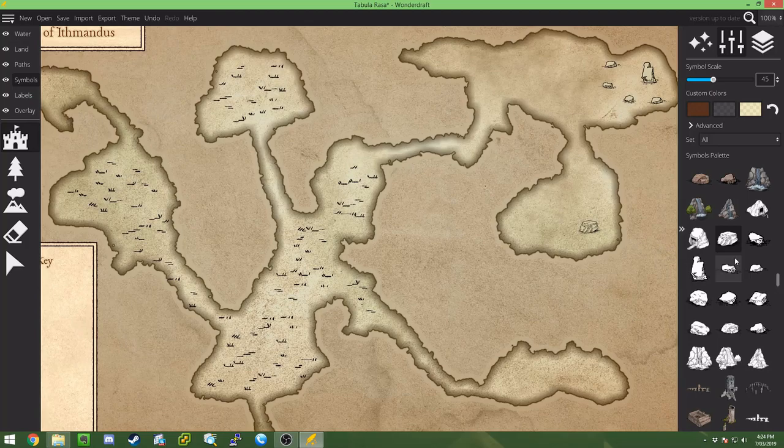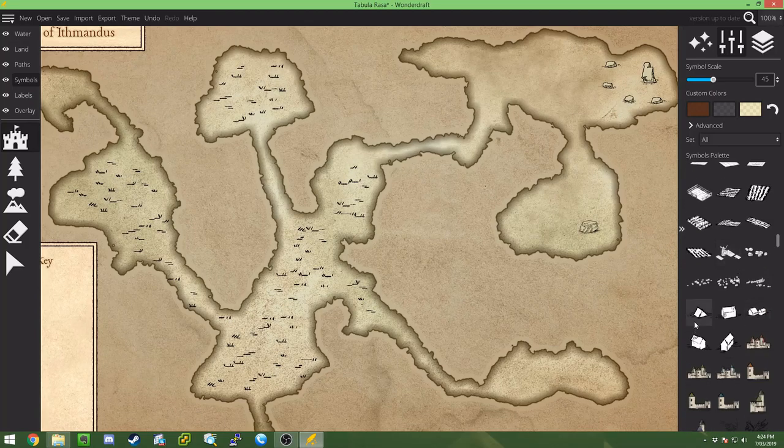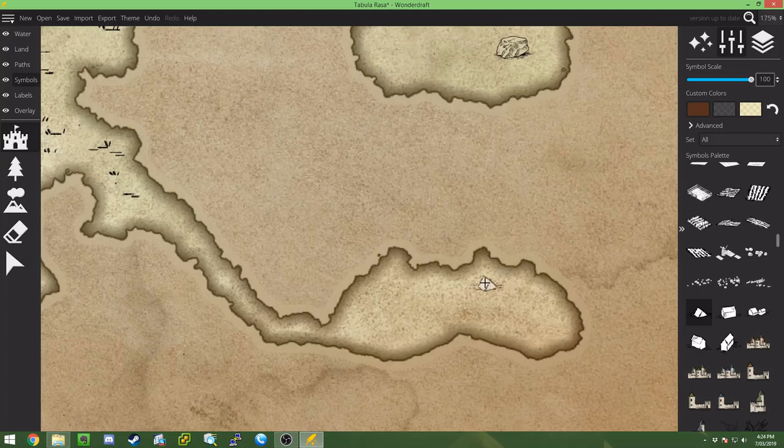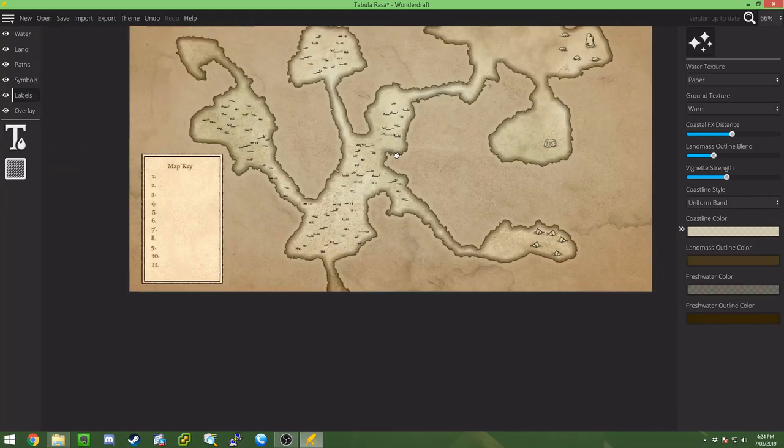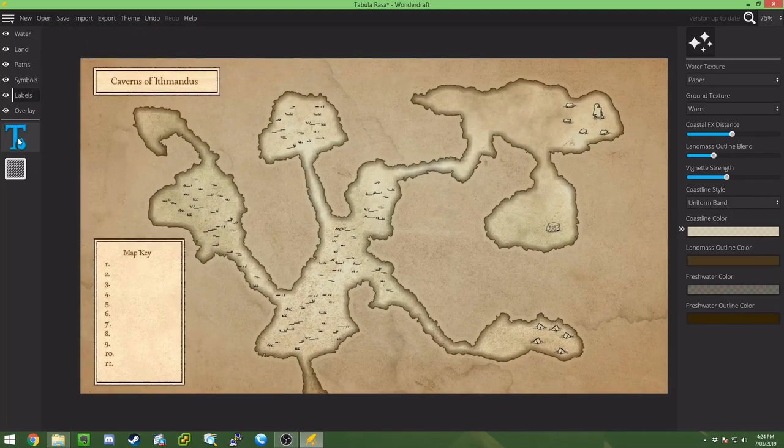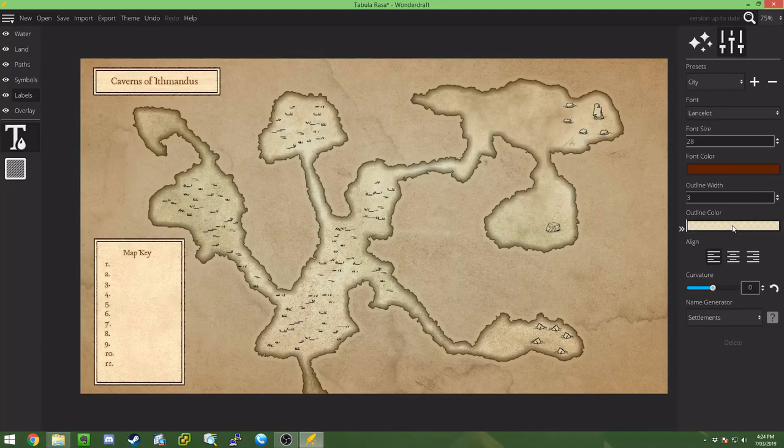And the other thing we want to do is make a camp. Advanced, mirror the symbols just so the camps look a little different. I'll grab our labels again. This time we want to put some outline colour and potentially turn the font size up. And so we're going to put one there,